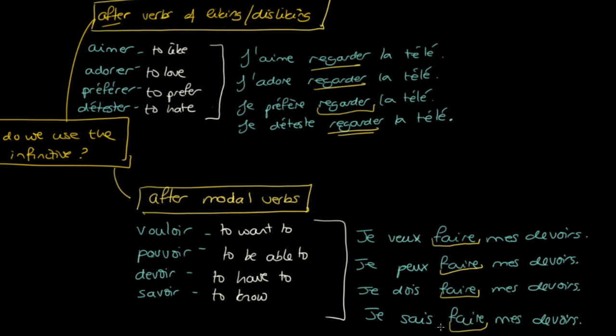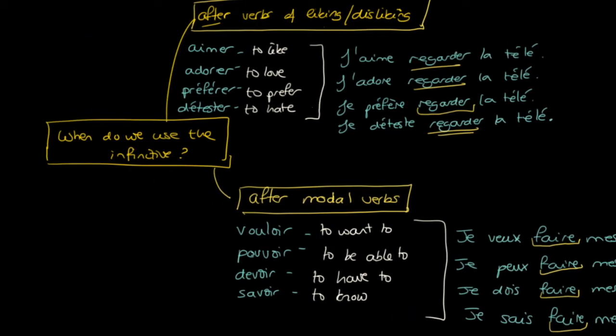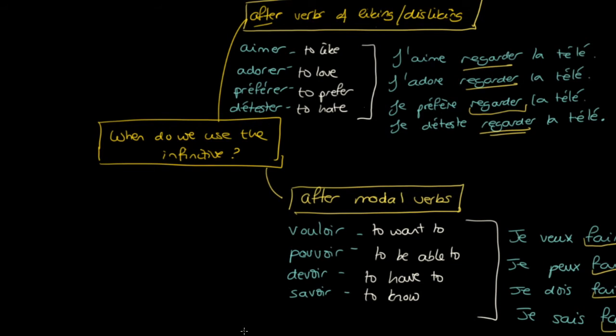Okay, and je sais parler français, I know how to speak French. Okay, all different examples there, but each time the second verb, the one that follows the modal, is in the infinitive. The last ones we're going to look at in this tutorial then, if I scroll across,